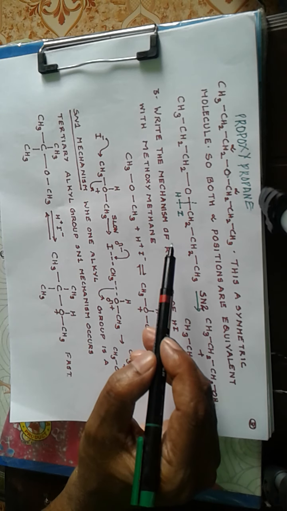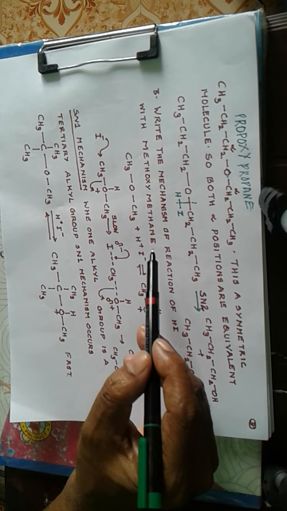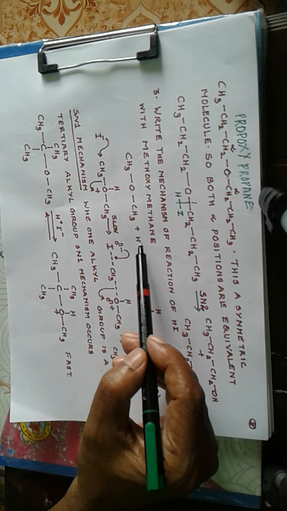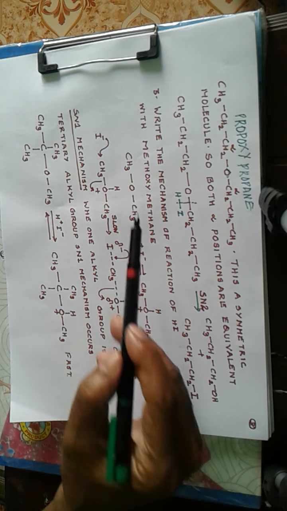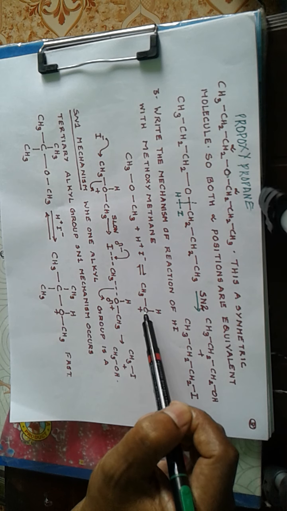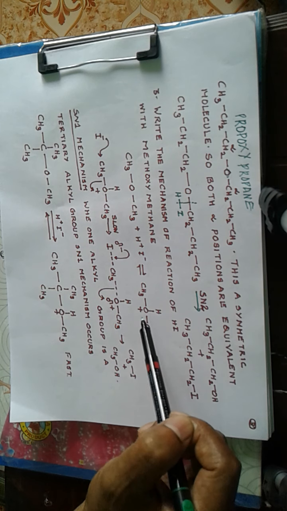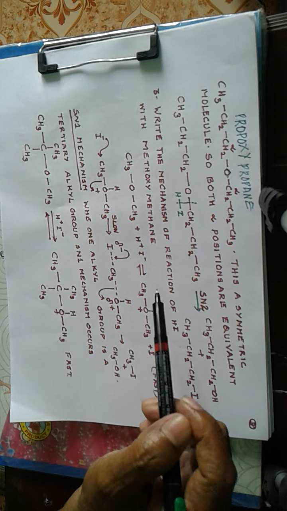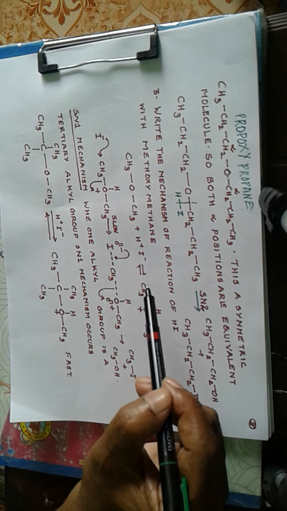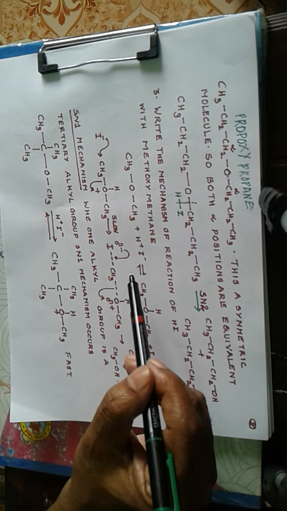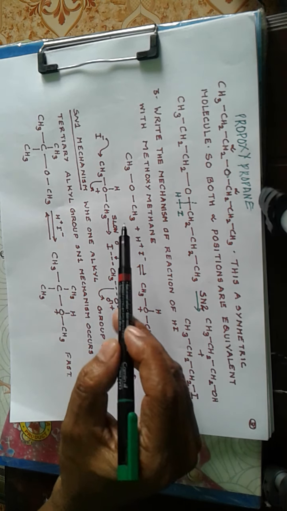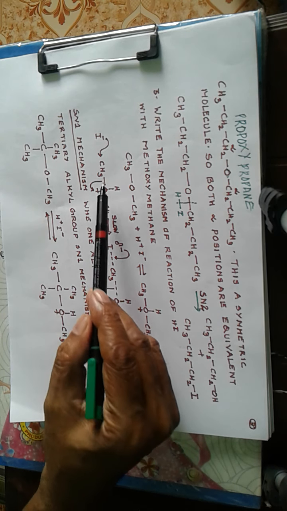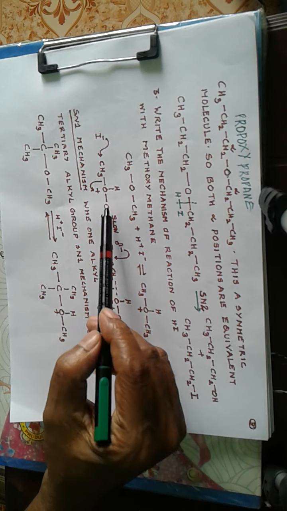Now write the mechanism of reaction of HI with methoxymethane. First of all, H positive connects to oxygen, forming an OH bond with a positive charge over oxygen. That's a fast reversible reaction because ether is not a good base. So a reversible reaction occurs, and then I minus can attack this carbon or this carbon, both are equally placed, equivalent methyl groups,